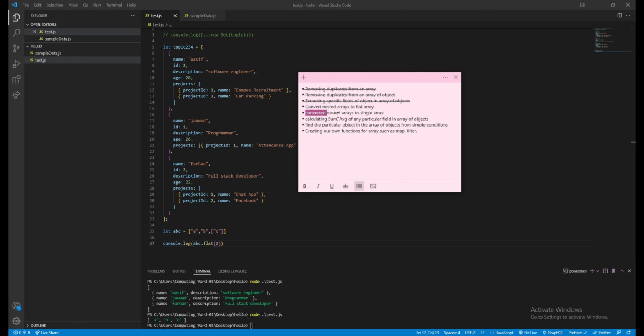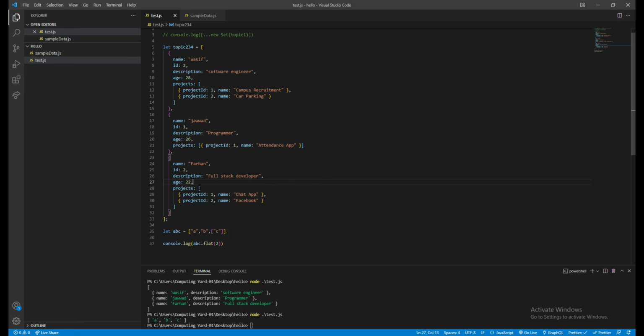Our next topic is converting a nested array to a single array. Okay, so we have the nested array: we have one array, and then we have an object, and then an array. What we need is this array on the root level, right? So what we will do is simply